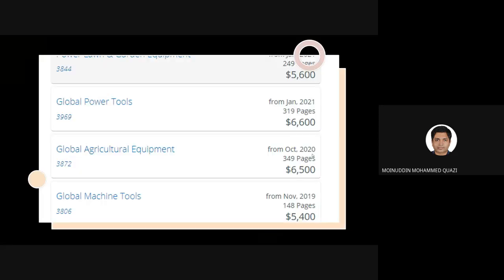If you want to download these trends and see the outlook of the industry, you will have to download these expensive reports which cost around $5,400. So it's not easy for anybody to access the trends and current developments. These are a major part of economic growth, which are basically studied by think tanks, and they put their findings in very expensive reports. If you're looking to see the outlook of global machine tools, you will have to pay around $5,400.